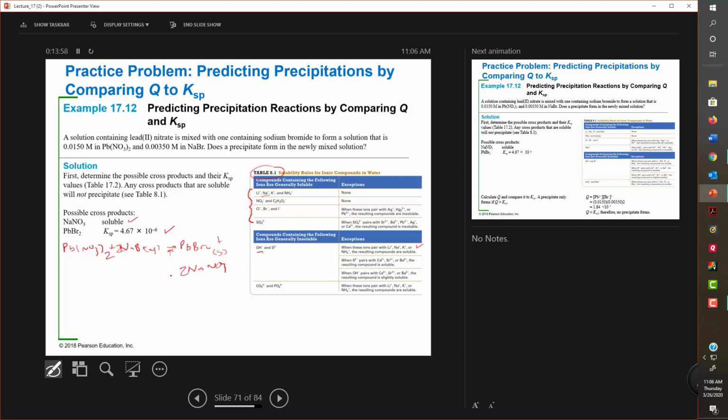So there's my balanced chemical equation. So we're not interested in that. That's a spectator ion. So what I do expect you to know is that if we look at the solubility